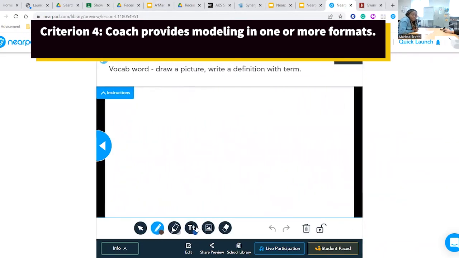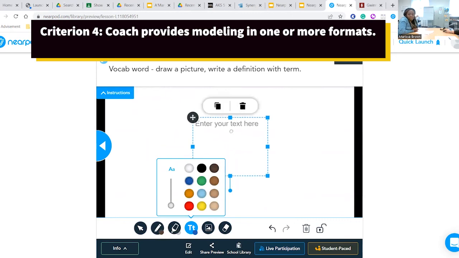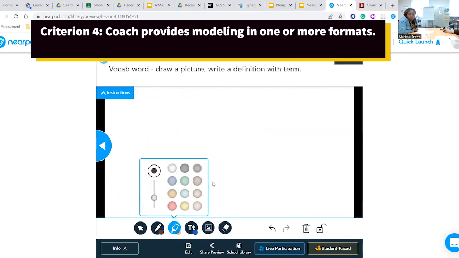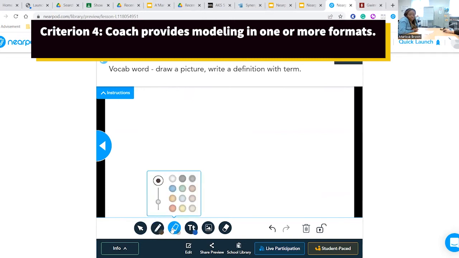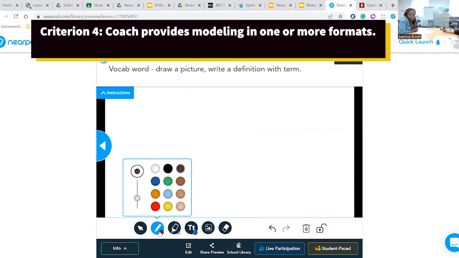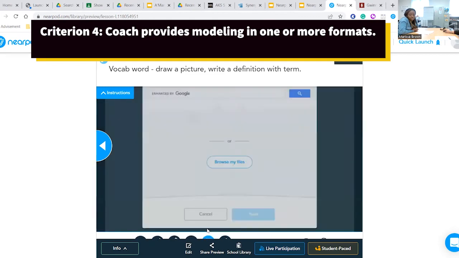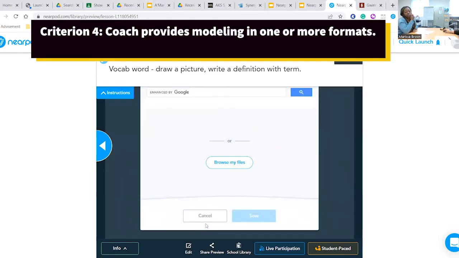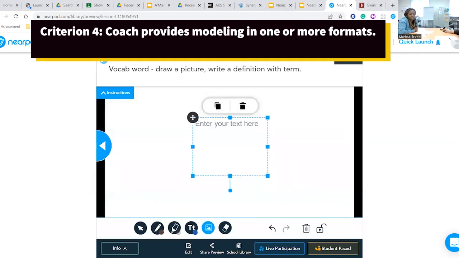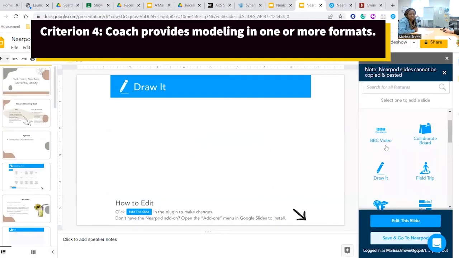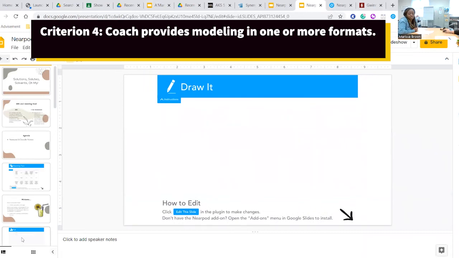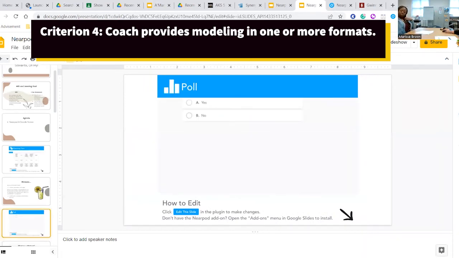So then there's a text feature, so they could write the term and the color, and then they can draw it with the different colors. I think that's more of a thicker marker. And then there's the pencil, and they can actually add pictures too. So that's something that's pretty cool about that feature. There's also some other features if you wanted to. Just looking back here, you've got features such as